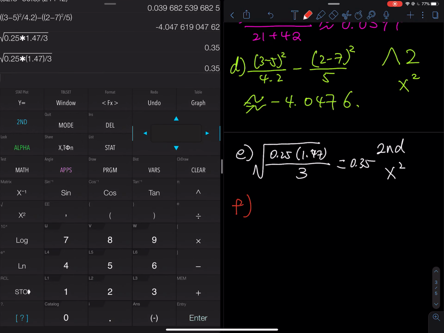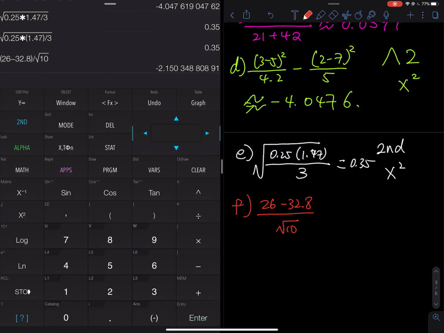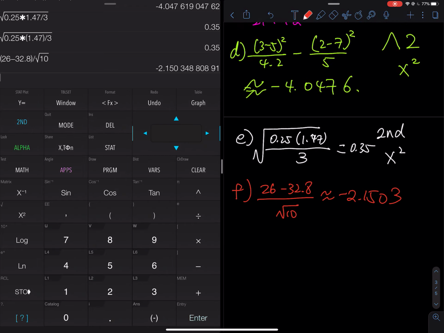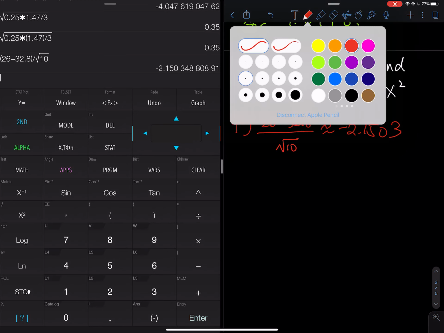we have 26 minus 32.8 divided by the square root of 10. This one we need a parenthesis for the minus. So parenthesis 26 minus 32.8, close parenthesis, divided by square root of 10. And then this one is approximately equal to negative 2.150. 4 decimal places. And then G